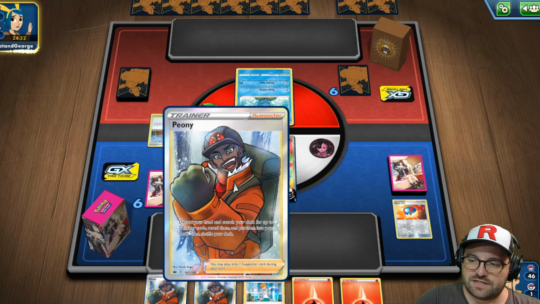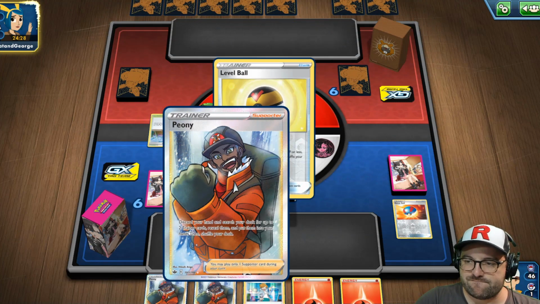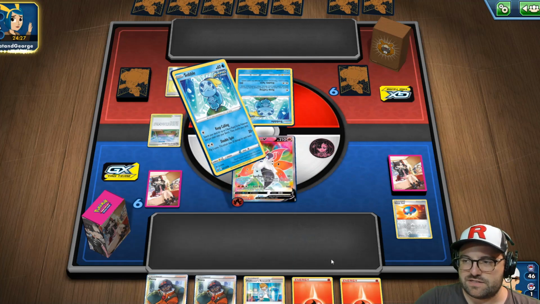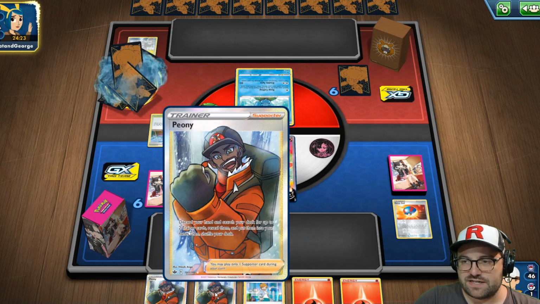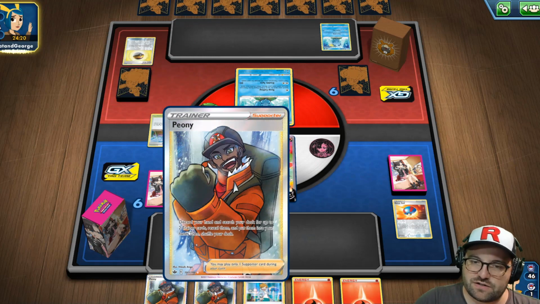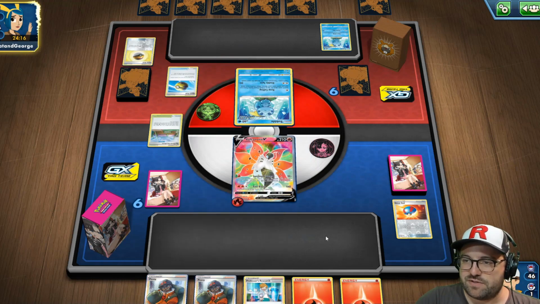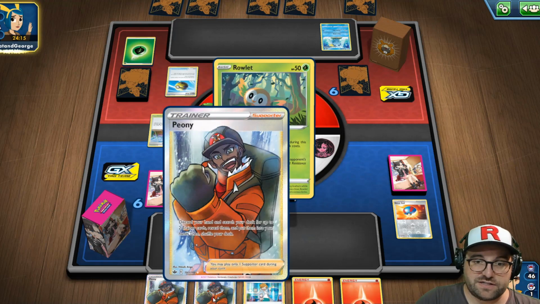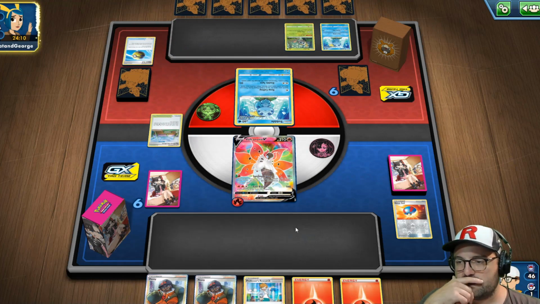So the only thing that I wish is there was a better way that this could get you basic Pokemon. There isn't really a great way. We got Great Ball. As I said, you can get quick balls with them, but then you just end up in trouble because you had to discard your other card that you get by using them. So